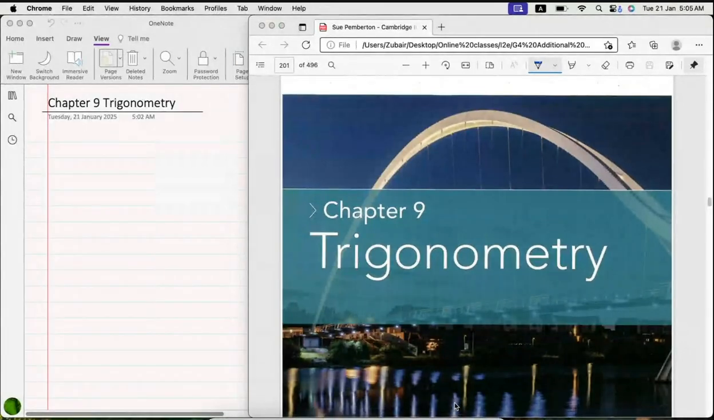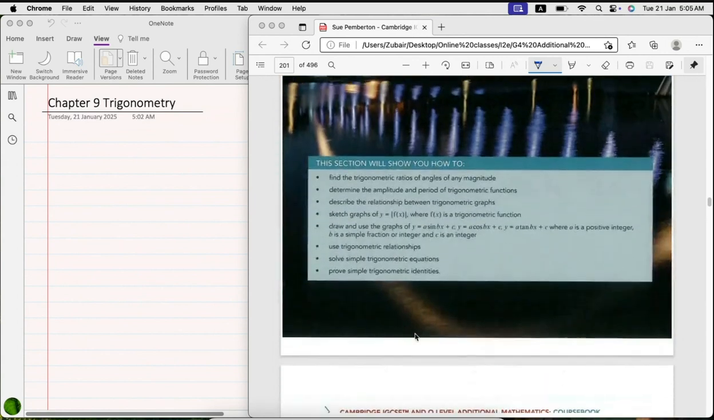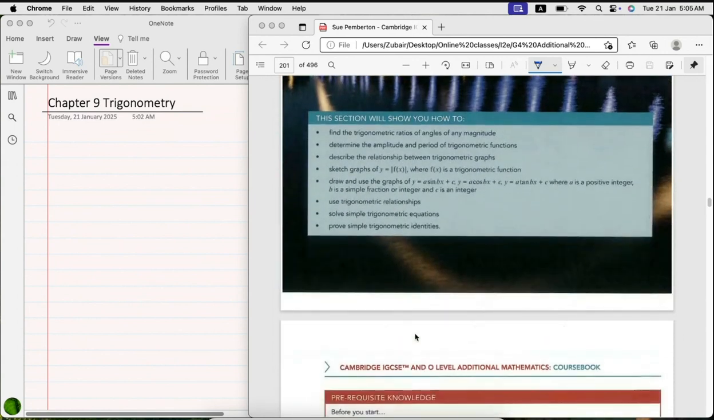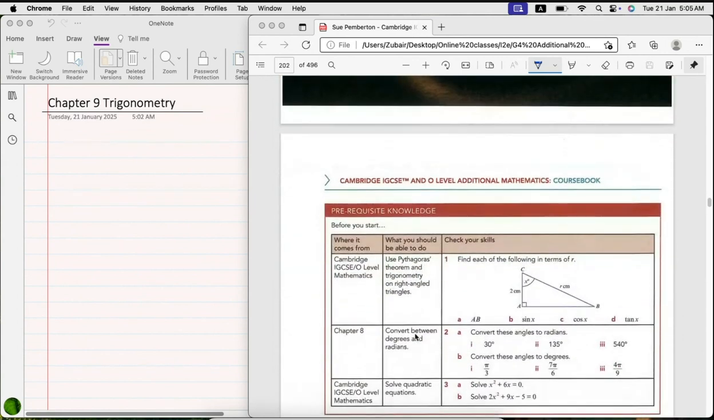We did the eighth chapter last time, that was circular measures, and the next one is trigonometry. There will be few things in addition to simple maths. Starting with the basics,